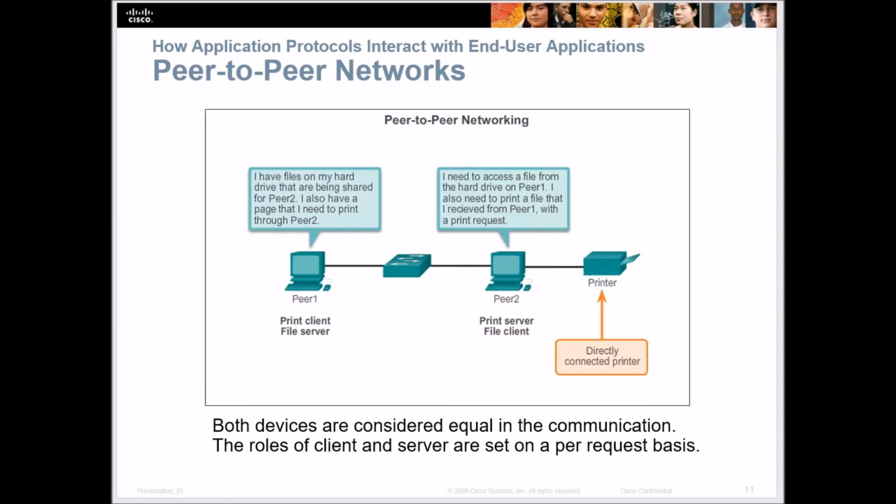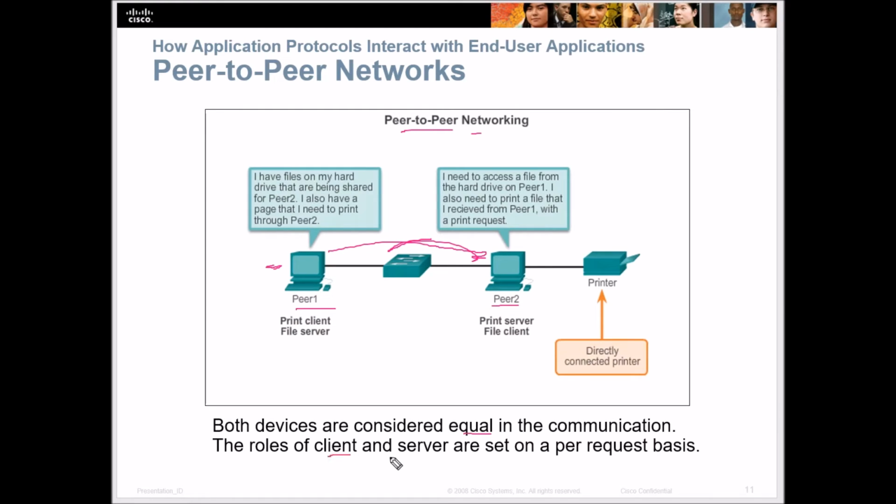Now, in the world of networking, a peer-to-peer network is where we just have two devices or some multiple devices, but we don't have any type of routing involved. We just have devices that are connected to each other, and they are processing information. So this computer may have files on it. This computer is requesting those files and then maybe sends them to the printer. Or this one sends the files over here to be printed. It goes to the print drivers. But both devices are considered equal in the communication.